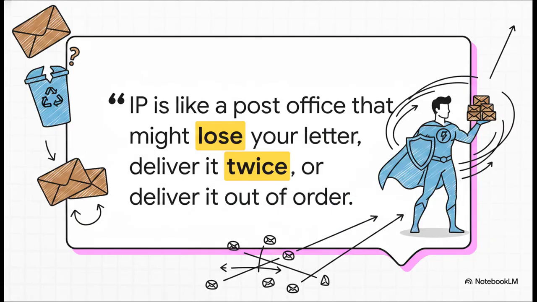And this is the fundamental problem, right? The Internet Protocol, IP, is what they call best effort. It's like a lazy postal worker who just shoves packets out the door. It doesn't care if they get lost, show up in the wrong order, or if you get two of the same thing. It just routes. So for us to build the apps we all use, we need a hero. And that hero is TCP.